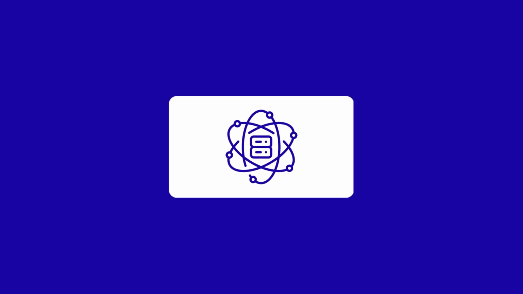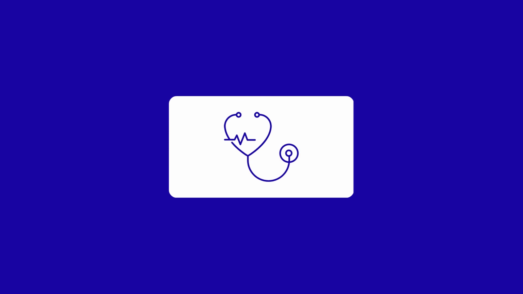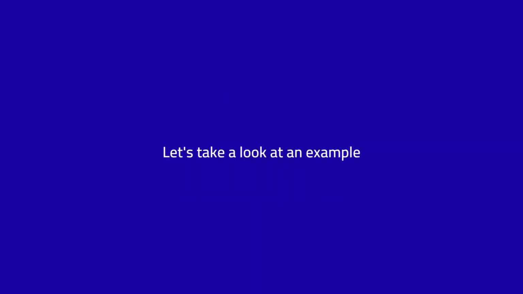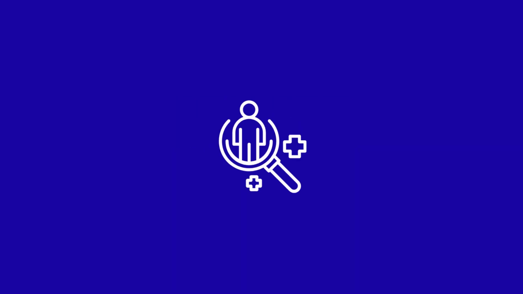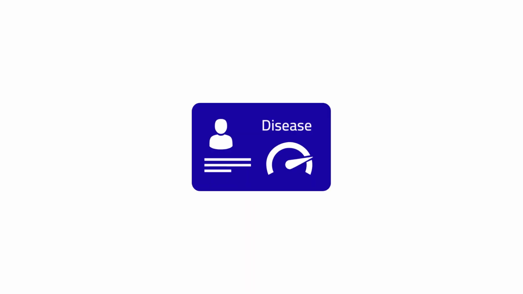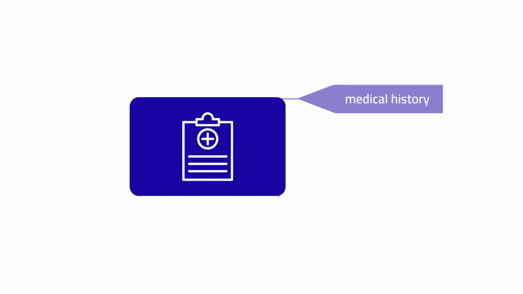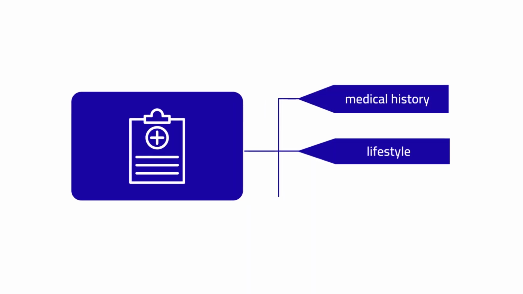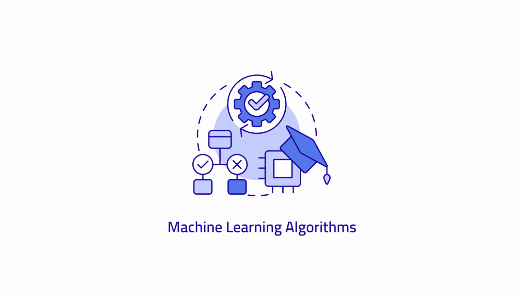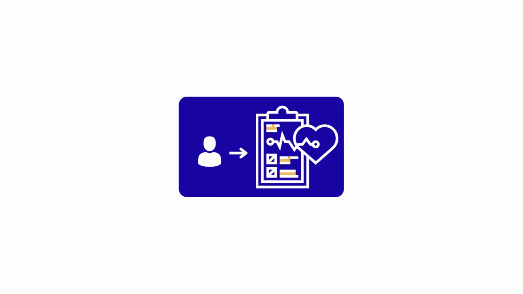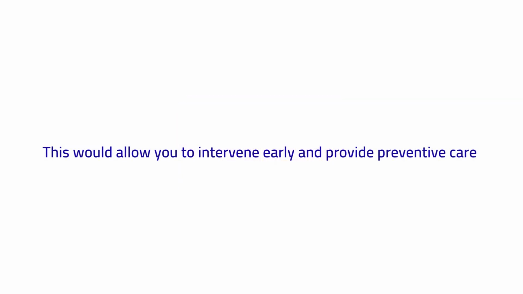One of the most exciting applications of data science is in the field of healthcare. Let's take a look at an example to understand how data science can be used to improve patient outcomes. Suppose you are a doctor and you want to develop a model to predict which patients are at risk of developing a certain disease. To do this, you would collect and analyze patient data, including medical history, lifestyle, and genetic information. You would then use machine learning algorithms to train a model that can predict which patients are most likely to develop the disease. This would allow you to intervene early and provide preventive care, which could improve patient outcomes